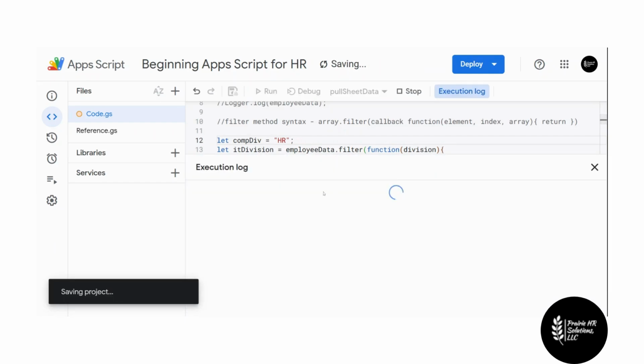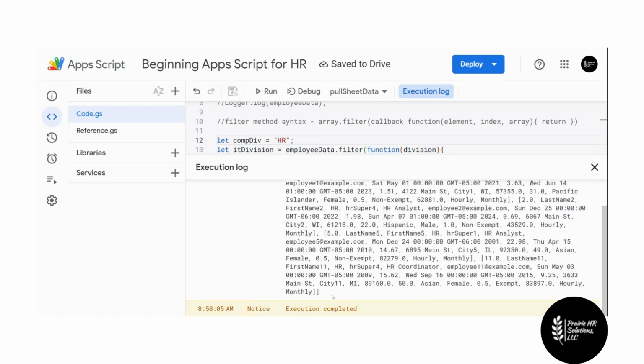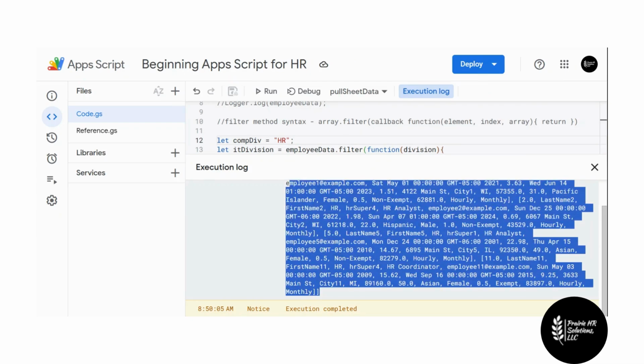There we go. Got a little happy with the equal sign. So these are all of our HR employees. And now what we can do after we filter this data